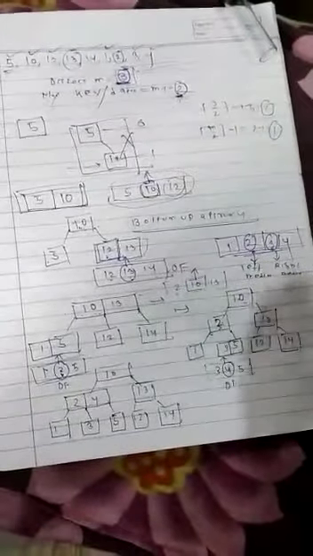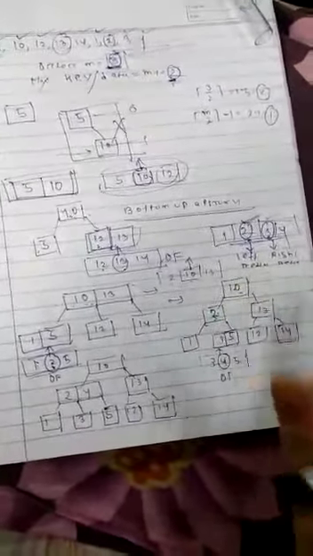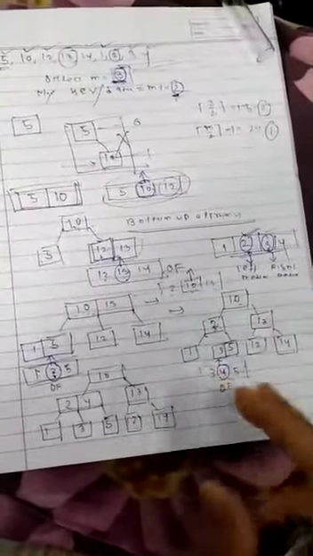But remember that if the question does not specify left or right, no problem, you can take either. But if you select the left median, then while constructing the whole tree you always select the left median. If you start by selecting the right median, then throughout the construction of the whole tree you have to select the right median. Don't mix a left median with a right median, otherwise the tree will be wrong. If you first select the left median, then from the first split to the last you have to choose the left median. Otherwise, if you start with the right median, you have to choose the right median throughout.